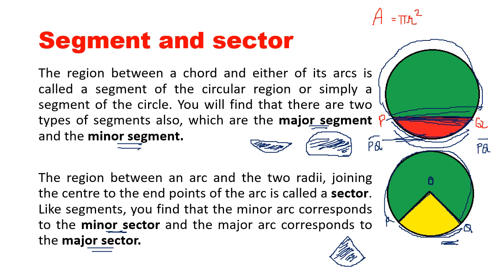So remember the vocabulary very well. Definitions again: what is a circle, what is the center of the circle, what is a radius, what is a chord, what is a diameter, what is an arc, what is a sector, and what is a segment. So I hope this lecture is clear to you. If not, see the lecture 2 or 3 times, because this is the defining vocabulary. Each time you see this, there should be a clear picture in your mind: what an arc, what a segment, what a sector, what a chord, what a diameter, what a radius is. If the picture is clear in your mind, then the chapter will become very easy.